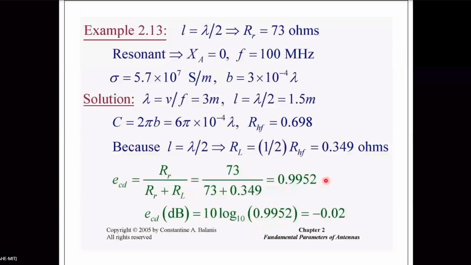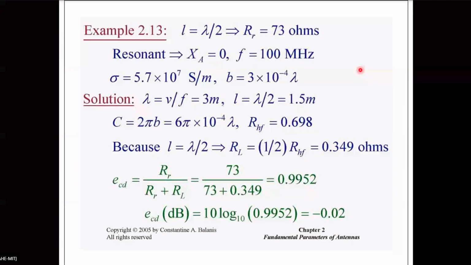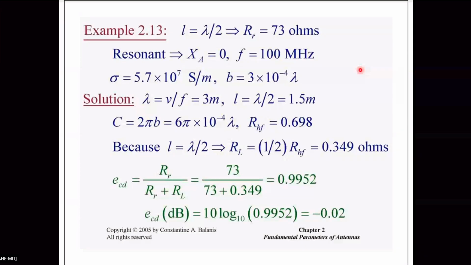That is because, I can't give you the proof why, because in the dipole, the current through the length is not constant. How does the current vary through a dipole? You have studied in the first chapter, current distribution through linear dipoles. How does it vary? Sir, it's sinusoidal. Sinusoidal. For that reason only, RL is half RHF.